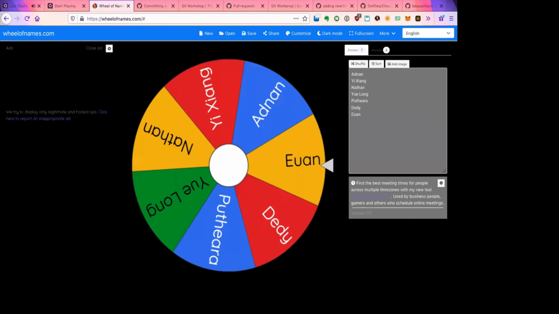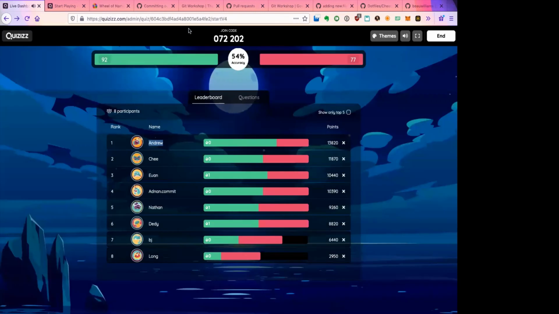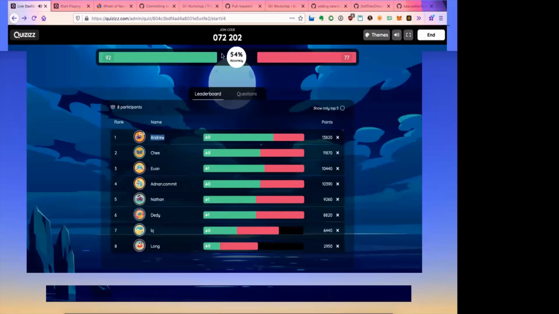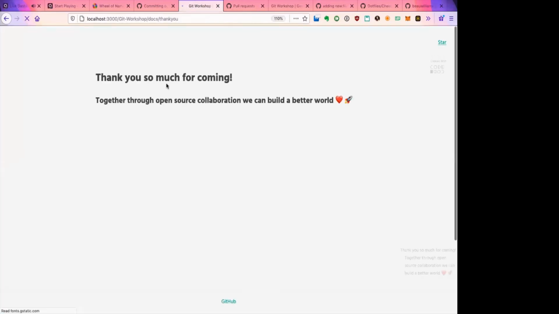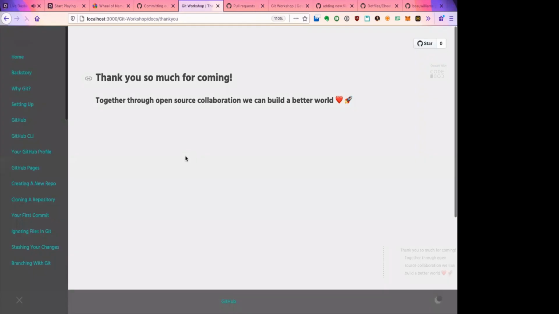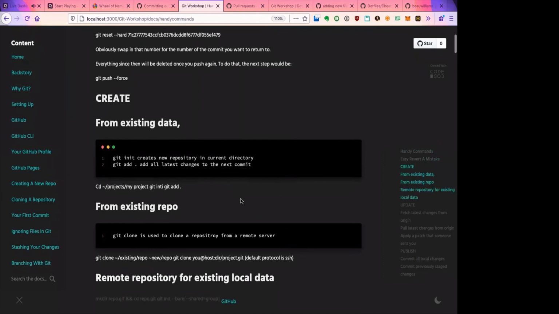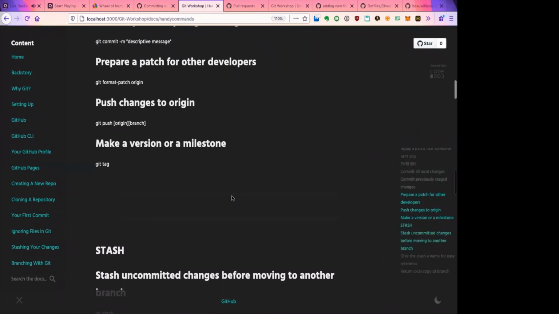So thanks so much, everyone, for coming. Honestly, I wish I could have covered more during this workshop than I could. There's so much more to learn with Git. I put a lot of effort into these docs, and I really hope there are some really handy little commands and things in there.